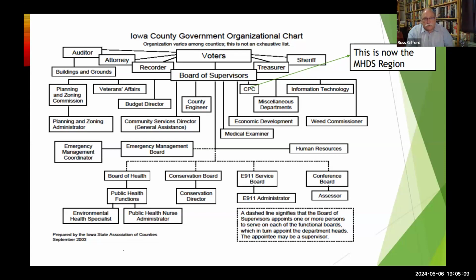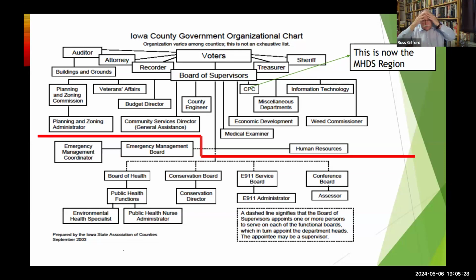Zero control over the auditor. And if you really look at it, everything below the red line is dotted lines, which is another way to say the board of supervisors does not control these groups underneath it. They have the ability to put somebody on the board, but really that person is there to advise, suggest, and to report back to the board of supervisors saying, we might have a